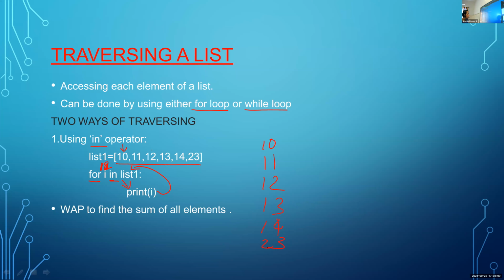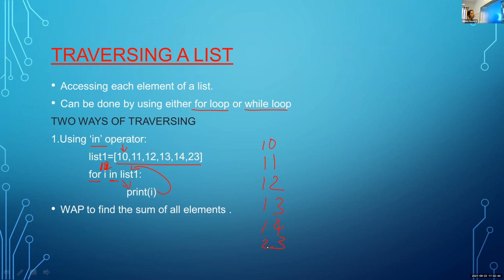For traversing a list using the in operator, first you want to create one list. The list creation method is list1 is equal to, within square brackets, give some values. Either we can use string values or characters or float values, any type of value you can use here, or mixed values also. So here I'm creating a list with some values. After that, I want to go through each and every value of this list. For that, I'm using the statement for I in list1.